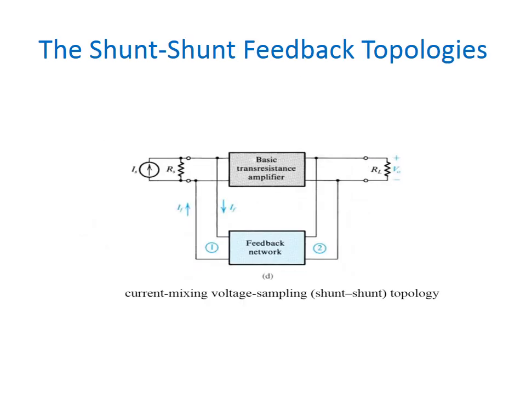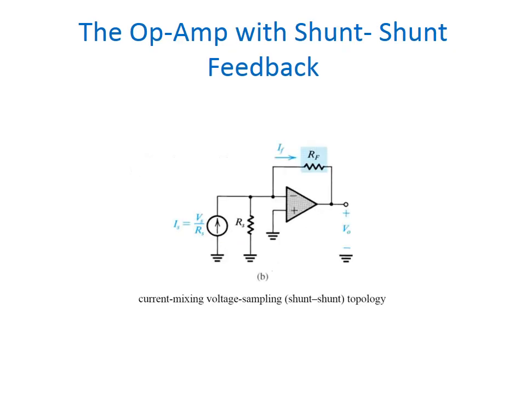Then the last type is shunt feedback topology. Here in this circuit, a part of the output voltage is applied to the input voltage in shunt through the feedback circuit, which is located in shunt with the output as well as the input. So here the feedback circuit is connected in series with the output, however in parallel with the input, then the output impedance will be increased, and because of the parallel connection with the input, the input impedance will be decreased. Here the operational amplifier using shunt feedback is given.